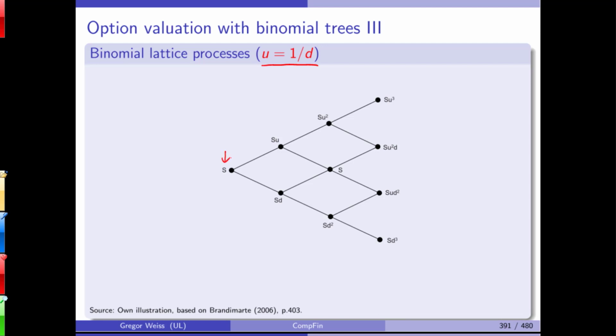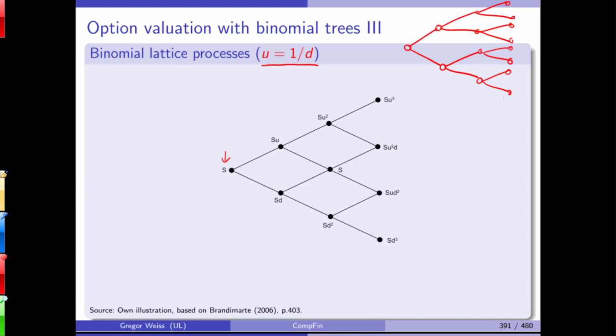We have a starting point S. That's the underlying price, that's the stock price, that's why the notation already hints at S. So we start at S, and we make the assumption that U equals 1 over D. So we set U equal to 1 over D. In this case, we get a very simple binomial lattice process, in fact, it could have looked like this, but if we set u equal to 1 over d,